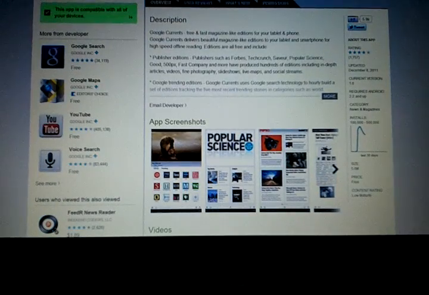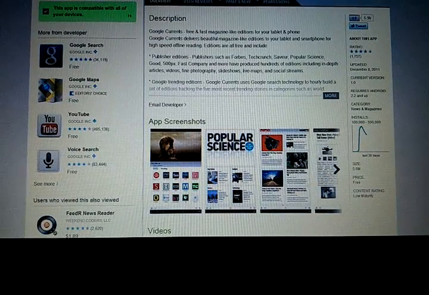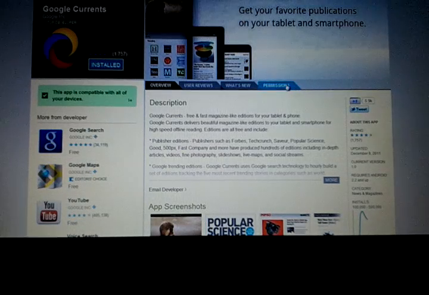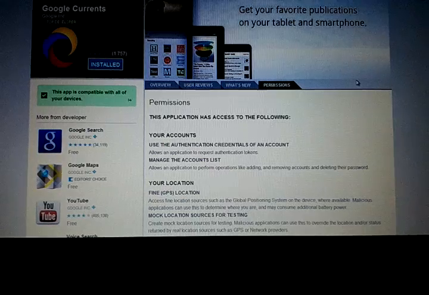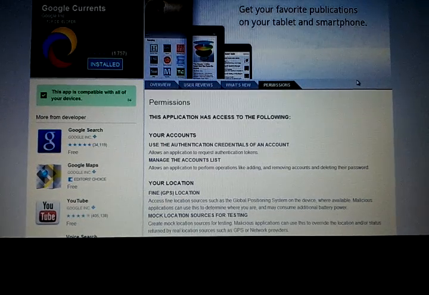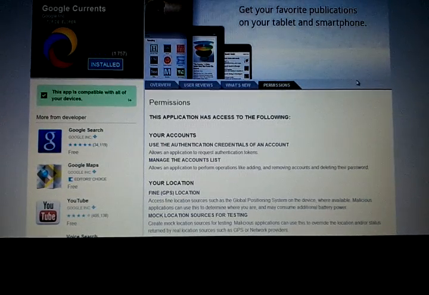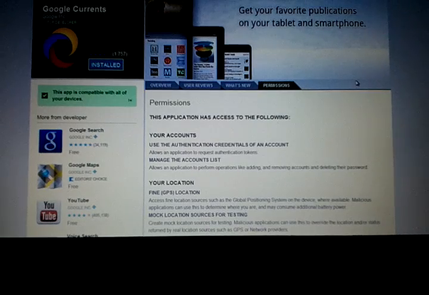So those are some of the things that you want to look at, and the last thing you want to look at are the permissions. And permissions are very, very important. You want to see what that application actually has access to on your device.